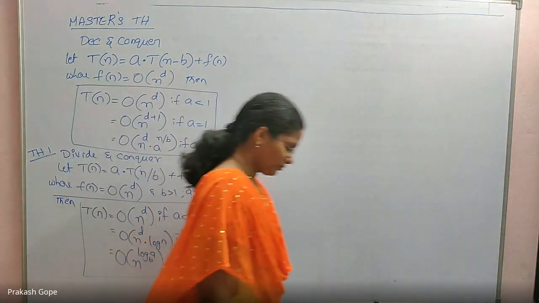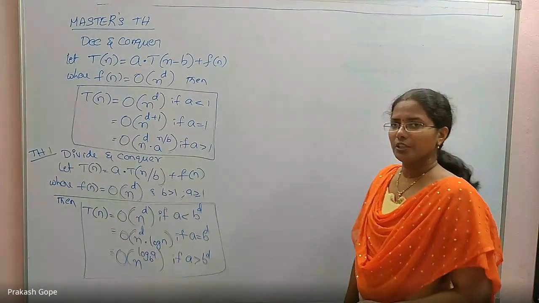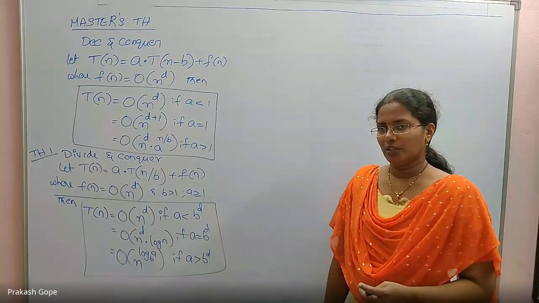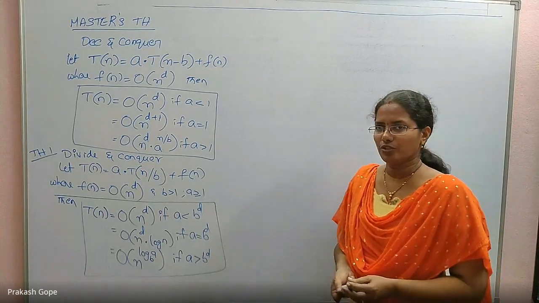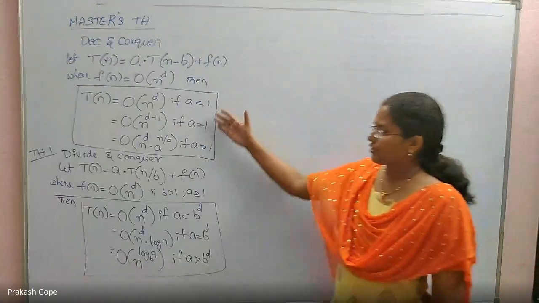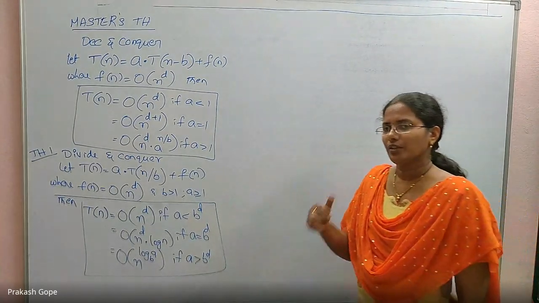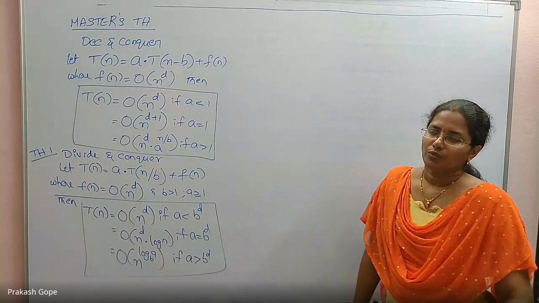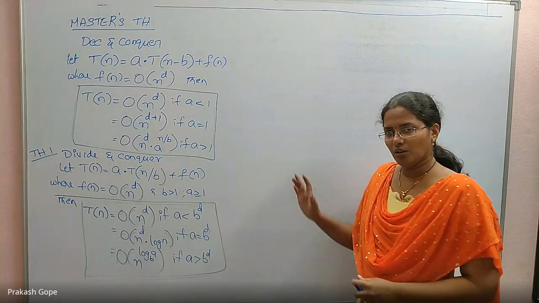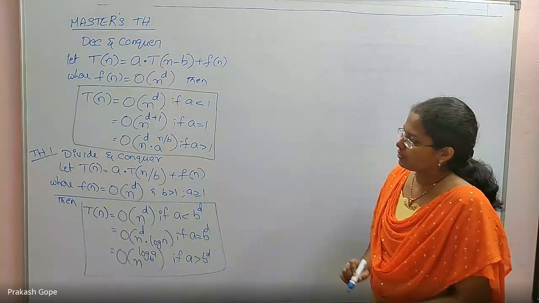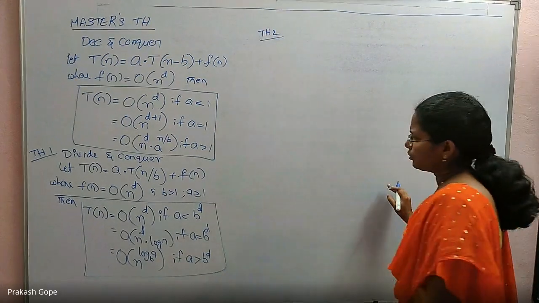Theorem 2. Not sure whether you learnt it as part of academics or not, but theorem 2 exists, which is given in Foreman's book, and there are very few GATE questions by using that. Mostly GATE questions are on these two only, but in recent years, once or twice they have given a recurrence relation where you need to solve it by using theorem 2. But in the class, we will be solving many questions even by using theorem 2.